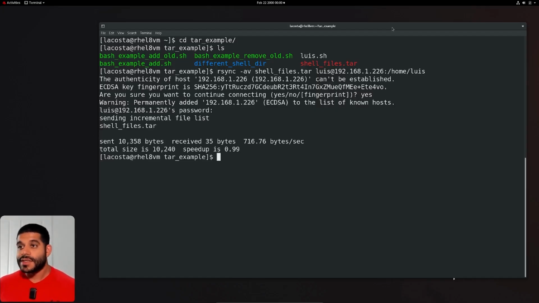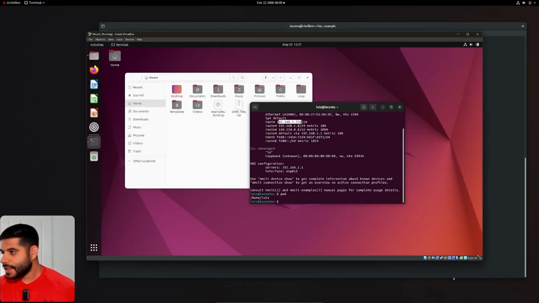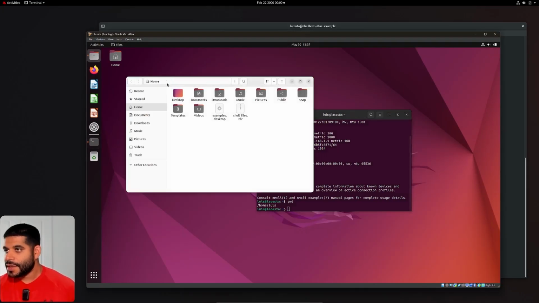And as you see here, it says sending shell files tar. And it gives you a little bit of information about what is sent, the speed, total size, all that good jazz. So let's go ahead now and bring over our Ubuntu machine. And if I take a look here, in our home, there is the shell files tar. So that's pretty cool. Now, I was able to transfer our tarball from one machine to the next using Rsync,